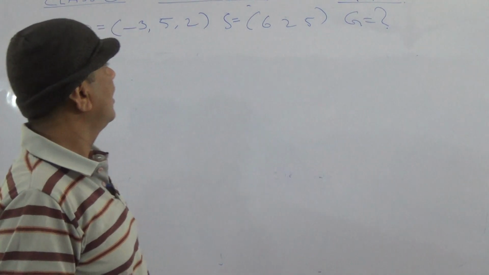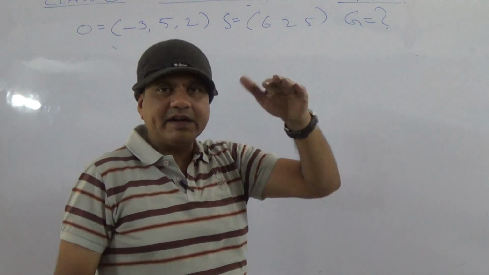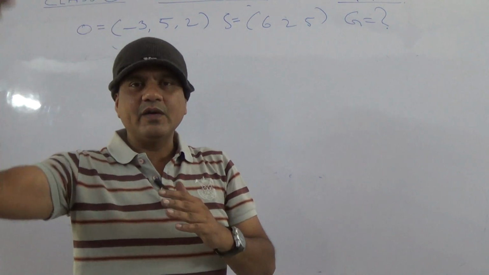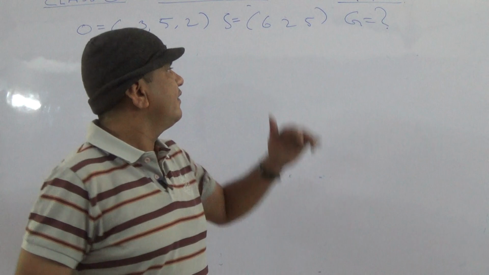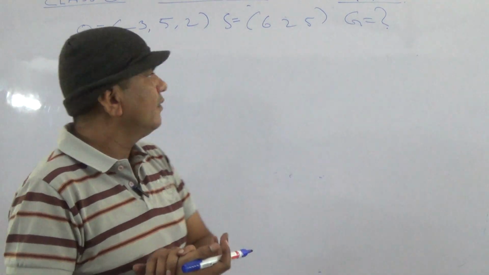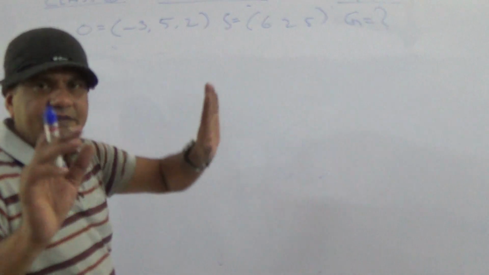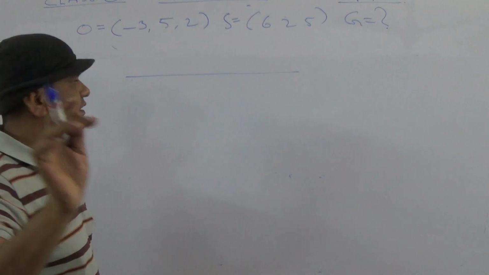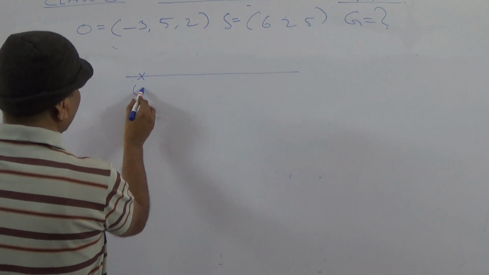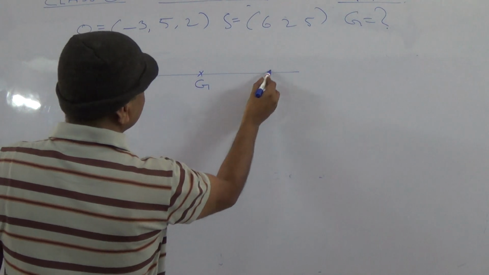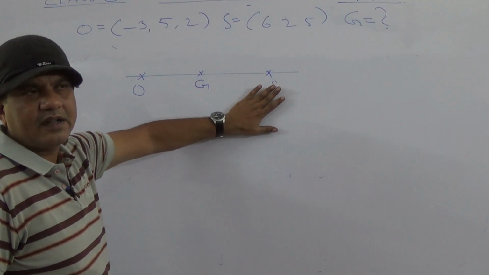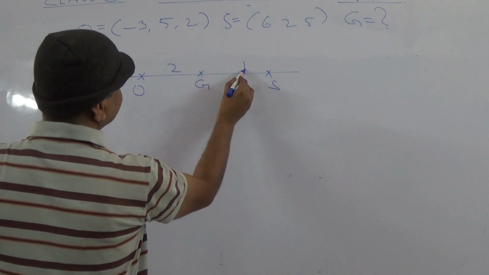Okay, now to find G we need to know the vertices. Now G is equal to the sum of the x coordinates by 3, the sum of the y coordinates by 3, the sum of the z coordinates by 3. But here vertices are not given. Orthocenter, circumcenter, this is very important. We know that orthocenter, circumcenter, centroid are collinear and the centroid G divides the line joining the orthocenter and circumcenter in the ratio 2:1.